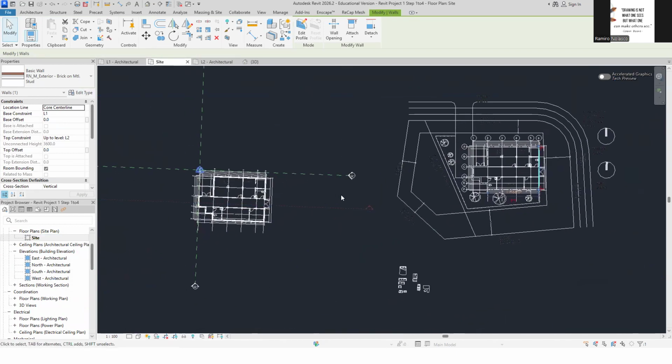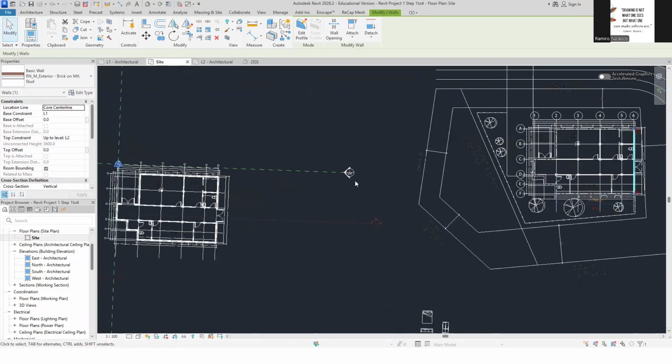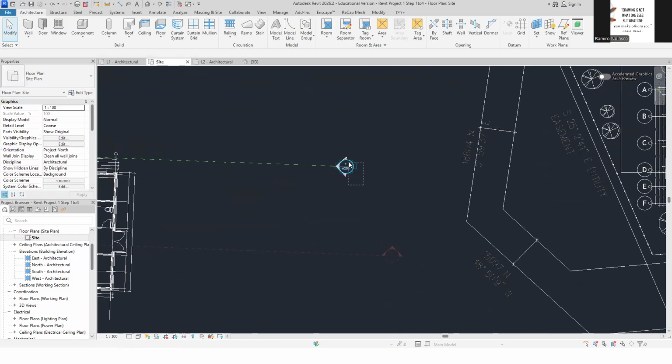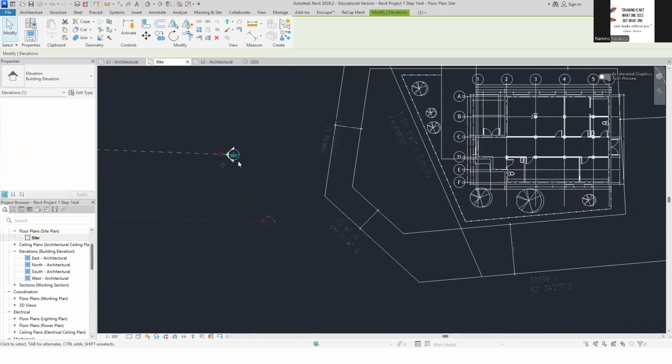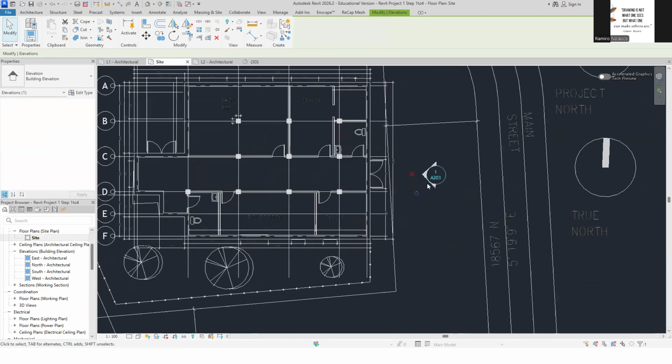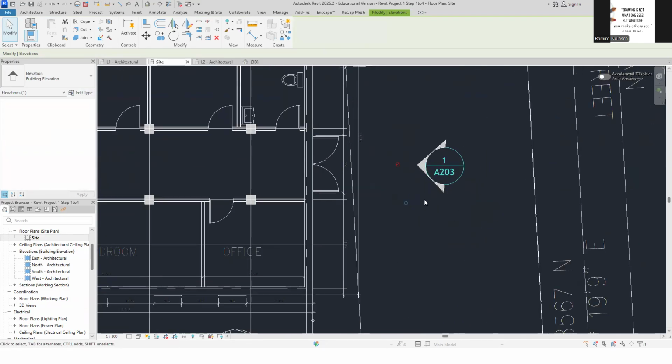Notice that, of course, I did not move this yet, right? I did not move this yet. So let me move this like what I did earlier. So I'm going to move this somewhere here. And notice that it's a little bit off, I think, right? So make sure you rotate it. See, it's a little bit off. So make sure you rotate it so it aligns perpendicular to the building.